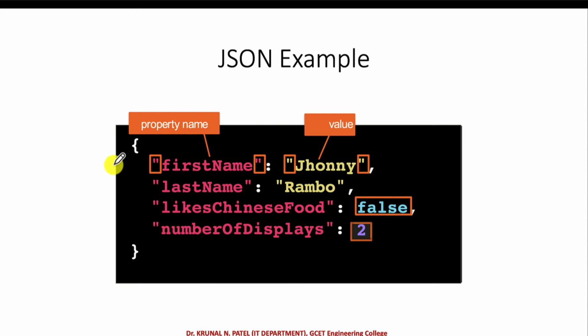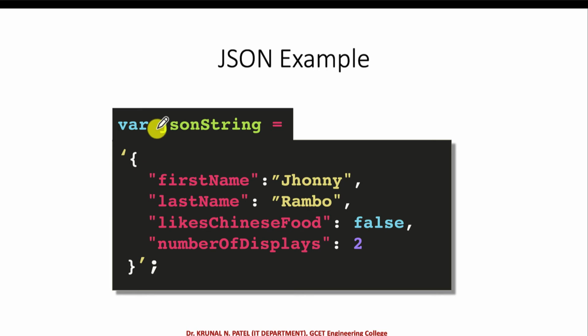Here is another example. It has first name, last name, likes Chinese food, number of displays, right? These are mixed value examples. Here I have used string, boolean, and integer, right? Similarly, you can also define a JSON object like this. You can store it in one JSON string object, and here is the value,